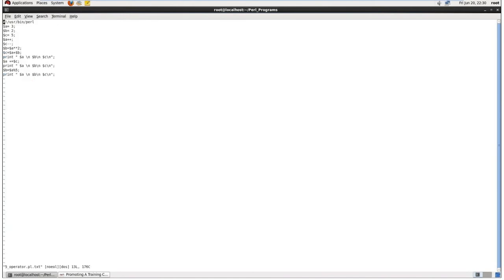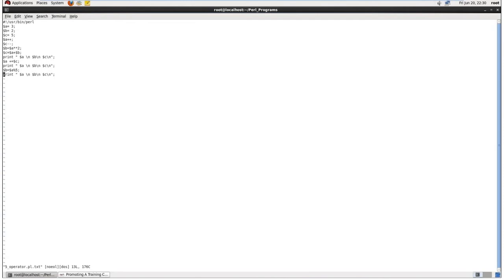So here you can see the same program I have copied here in a file and I have saved it. Here you can see $A is given a value of 3, $B is equal to 2, $C is equal to 5. I am going to auto increment A to 4, and I am going to auto decrement C to 4, and I am going to copy the contents and